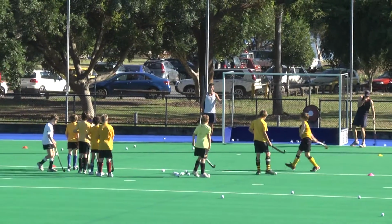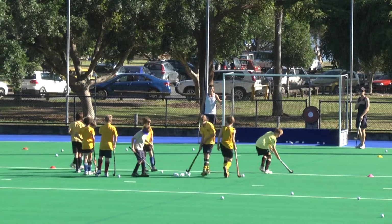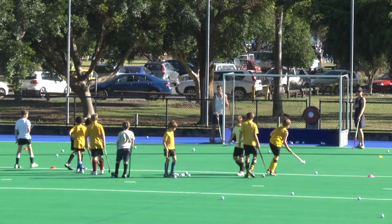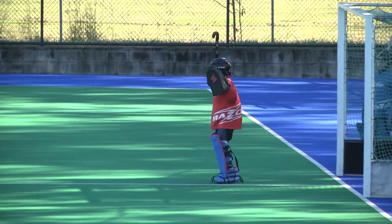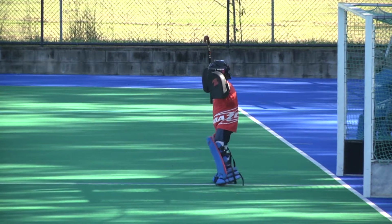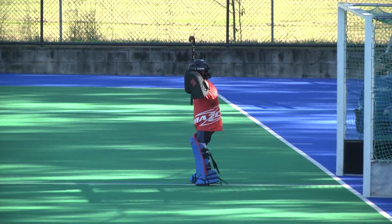Down the other end with the pushing, we've done a similar sort of thing. We've made it nice and small to start with, then we've broken it down, then we've stretched them out. Now what we're doing down the other end is asking the kids to push the ball and be accurate with their pushing, because they've got to push it into the goal box. With our goalkeepers, we're working on their basic technique, their positioning in the goal box, their distance out and their body position. The goalkeeping coach at this point in time is just pushing a few balls at them so that